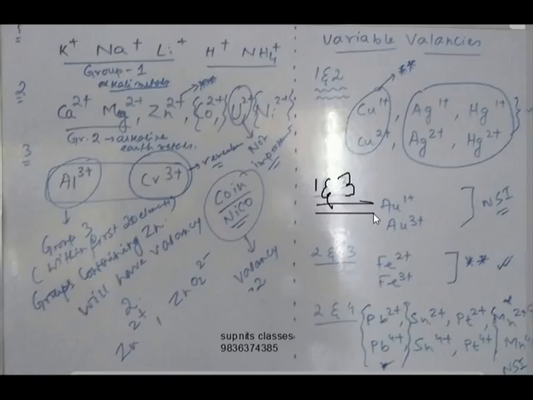If you see the metal activity series, you will see that these two elements are together only. If you remember Hg and Ag together, they will be having valencies of 1 and 2. So if I can remember only these three elements, I'll show you how you can remember each and every one. Okay, Cu, Ag, Hg have valency of 1 and 2, that's done.